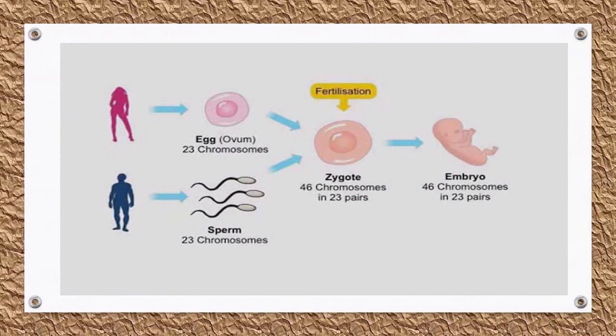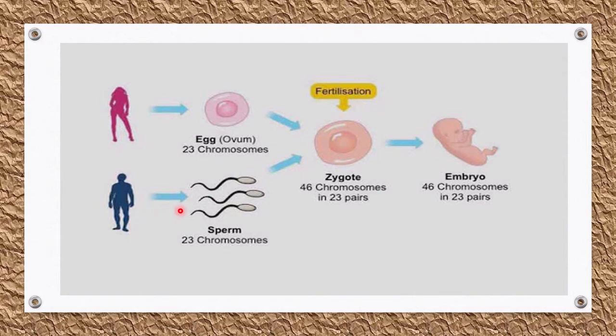Now let me try to understand the function of meiosis. Why is it essential before any sexual reproduction? Why are we converting the diploid cell into haploid? In our body, the diploid cell is converted into haploid just before fertilization. It is essential to maintain the number of chromosomes. Otherwise, here you can see this female has 46 chromosomes in a diploid cell. Suppose in the male also 46 chromosomes will be there.